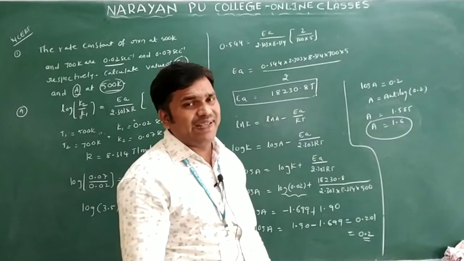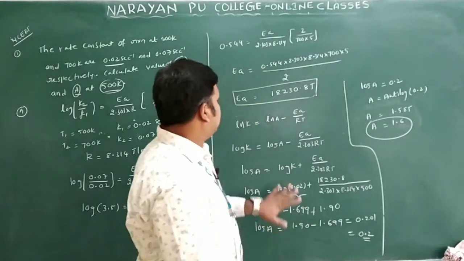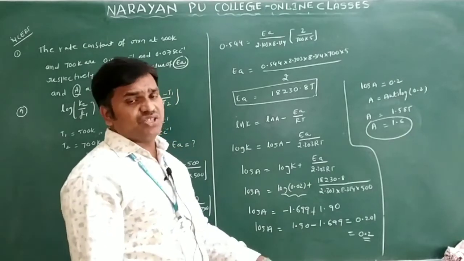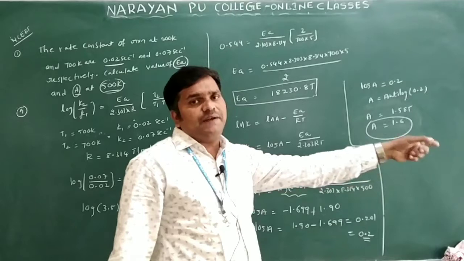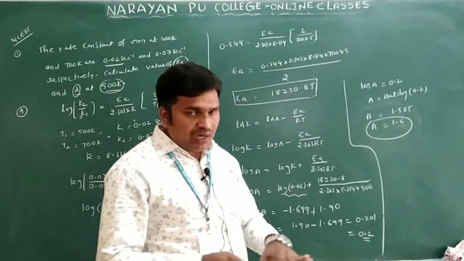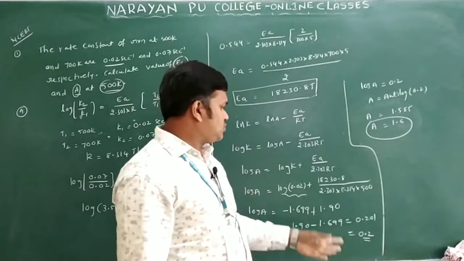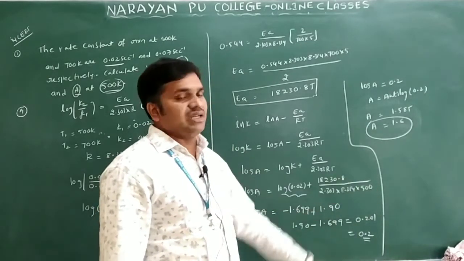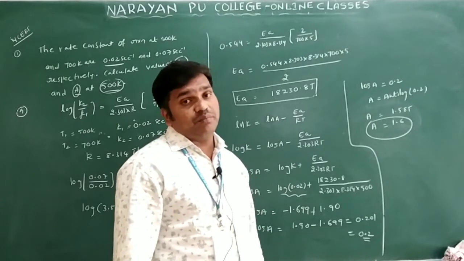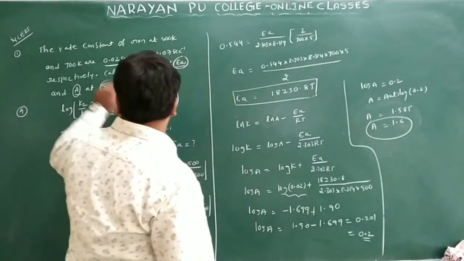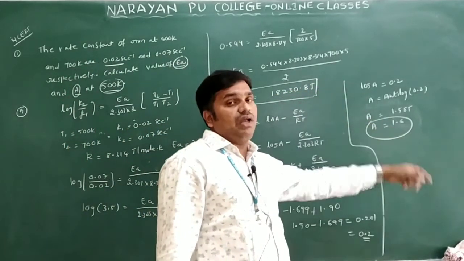In the board exam and all, they do not ask to calculate the A value, they only ask to calculate the activation energy. So this is an expansion of that problem. Sometimes, if required, log and anti-log values are needed. If all are given in the question, it is solved. Otherwise it is difficult to solve this type of question, whether the problem is related to log values or anti-log values. So this is one of the NCERT questions. The activation energy is 1823.08 joules, and the A value is 1.6.